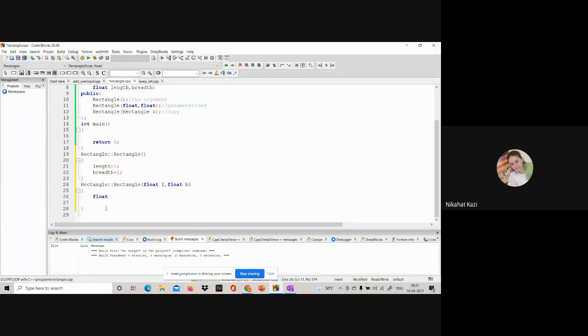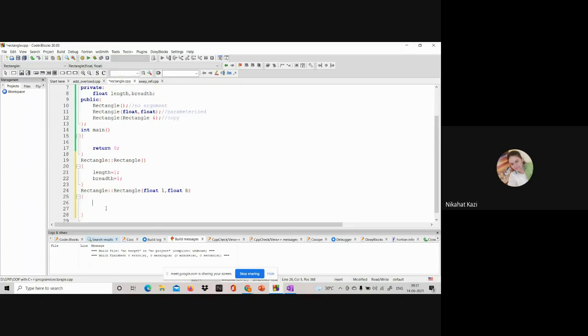Only remember the role of this constructor. What is the job of a constructor? To initialize an object of the class. Whenever you are creating an object, you are initializing that object. That is what a constructor does. Length